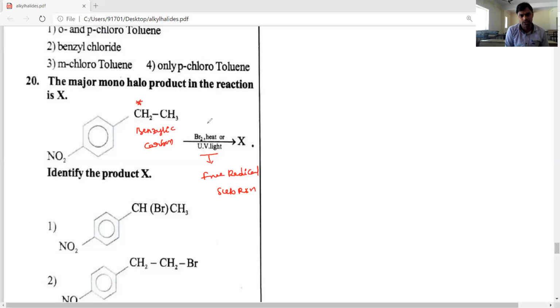Instead of this condition we can also use NBS, N-bromosuccinimide. What is the NBS structure, dear students? This is N-bromosuccinimide. This N-bromosuccinimide is also a good allylic and benzylic brominating agent. The product is